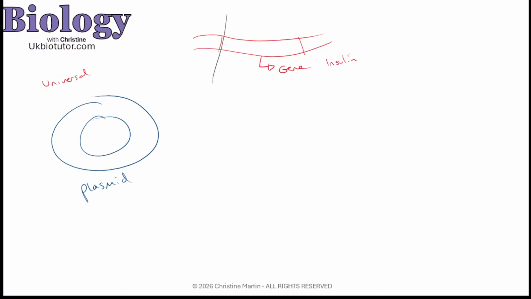So what we need to do is to cut them, we want to use restriction endonucleases. So restriction endonucleases are enzymes that are going to cut at specific recognition sites. So let me just write this down. Restriction endonuclease. So we have enzymes that are going to cut, and where they're going to cut is at recognition sites. So these recognition sites are going to leave us with sticky ends.